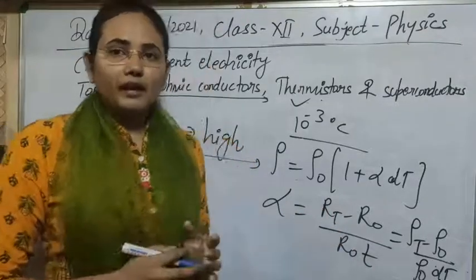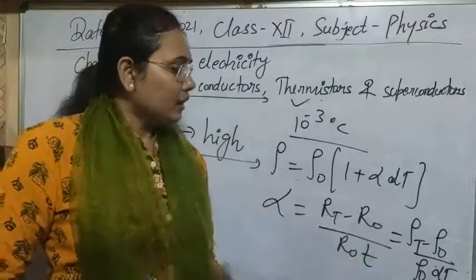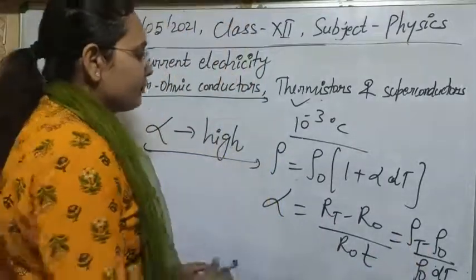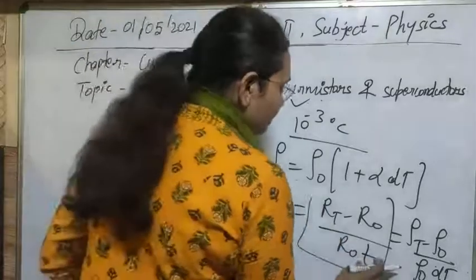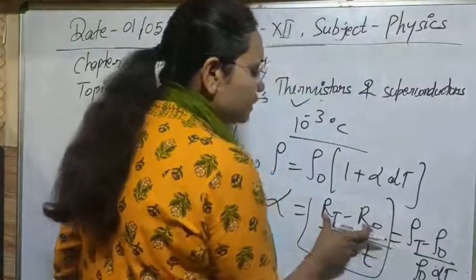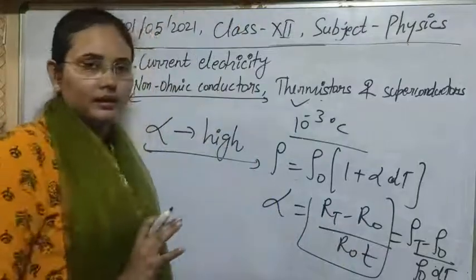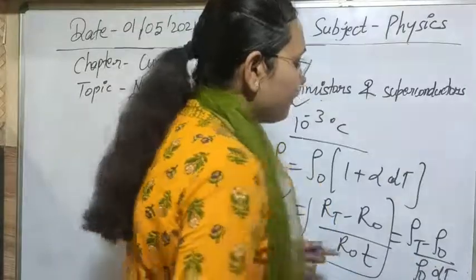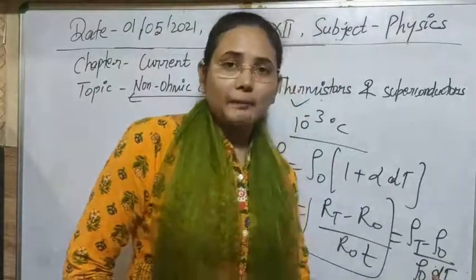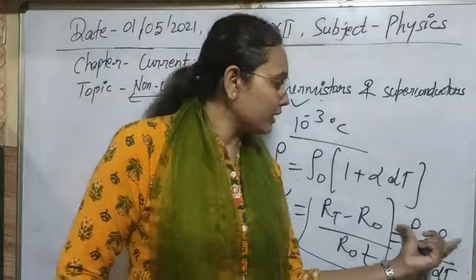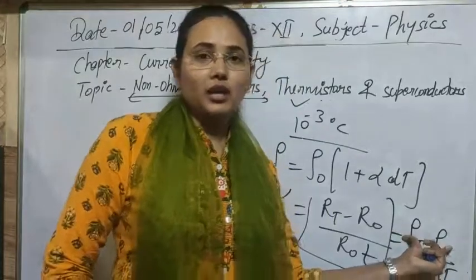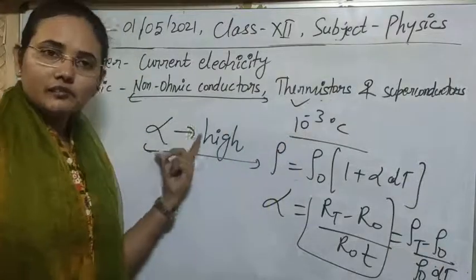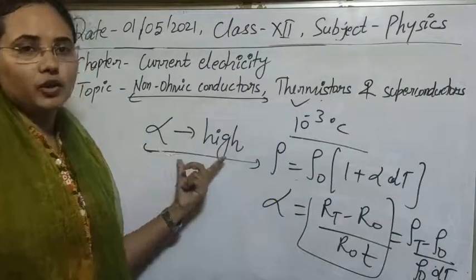So simple, alpha here you can see for the case of a standard resistor. For a small change in temperature, this change is very small, meaning alpha is very small there. But for thermistors, for a very small change in temperature, there is very rapid and very large change, meaning alpha is very high even for a small change. So this is the first property of the thermistor, a very important property.